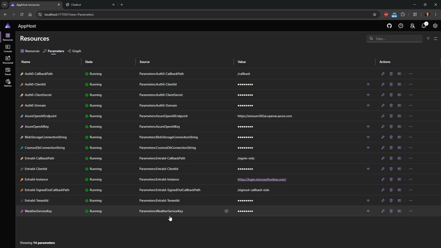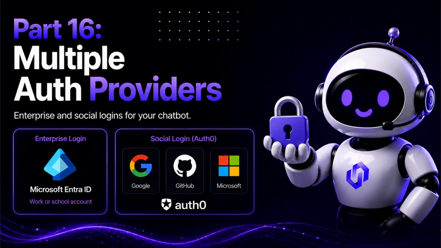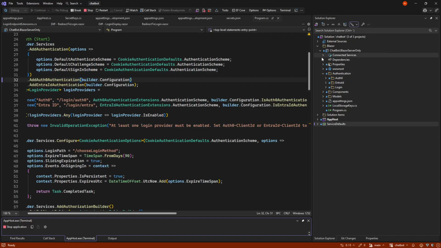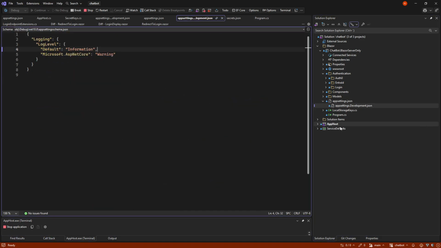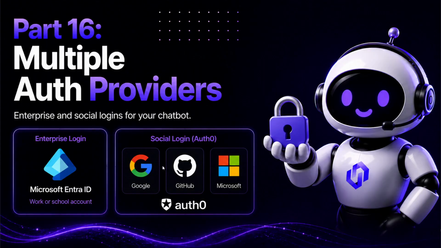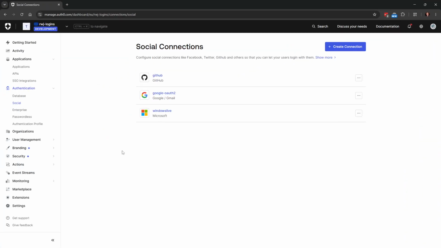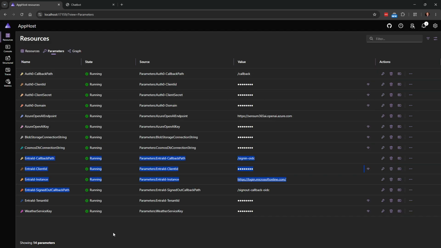And in the same manner, we have Entra ID. I've moved it into parameters here instead of being in the app. Let me find it here. Before this video, it was in app settings here. Those app settings are now gone and been put down into the system, so we can configure everything in one place.